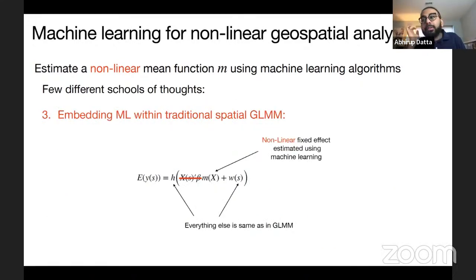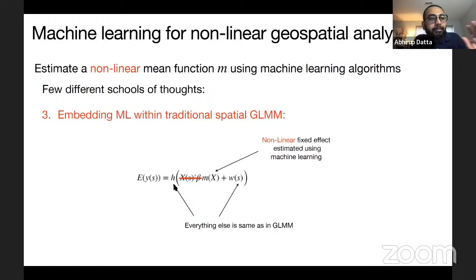The third approach is what I'm going to be talking about today. We keep most of this spatial generalized linear mixed effects model the same. We just want to relax the linear regression part and put in a nonlinear function of x. Everything else we are going to keep the same. The link function is going to be the same.